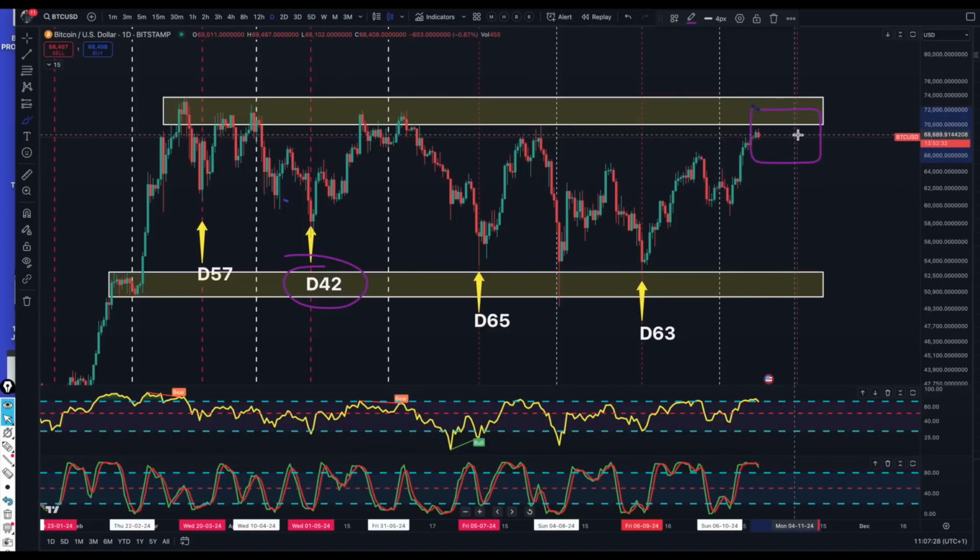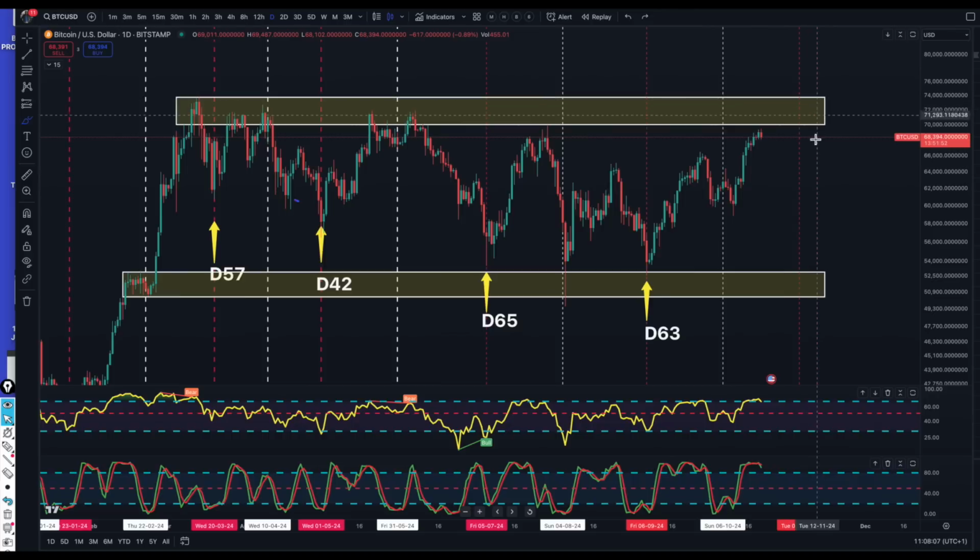If this was coming up to the 60-day cycle at 69, then you would expect with a higher probability for it to get rejected here. But the fact that we've got 15 more days gives us a bit more of a probability that we've got a good opportunity now for it to run all the way up and retest that 73. Whether it does that, nobody knows, but certainly the cycles would suggest that we've got a little bit of wriggle room for it to run a little bit further up over the coming 2 weeks.